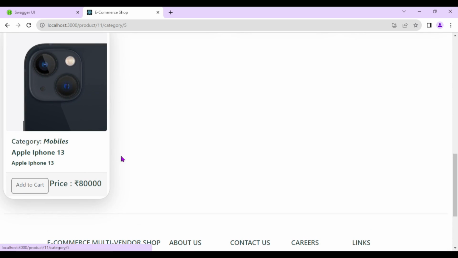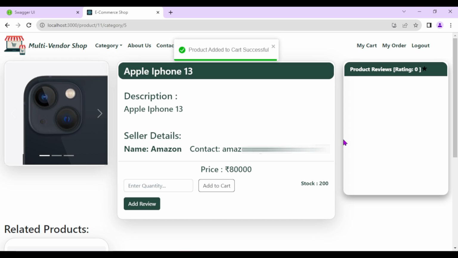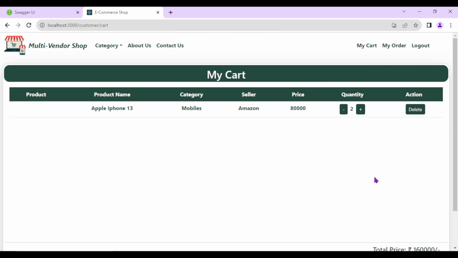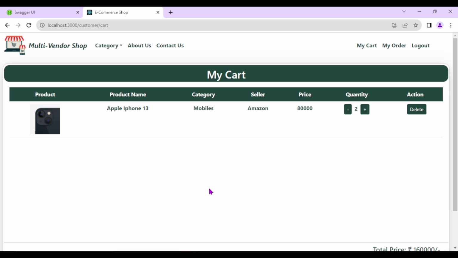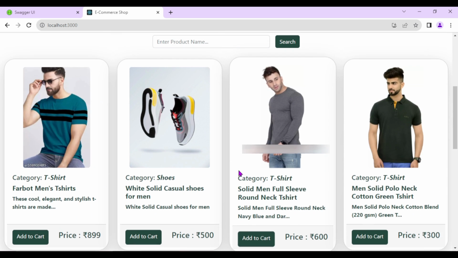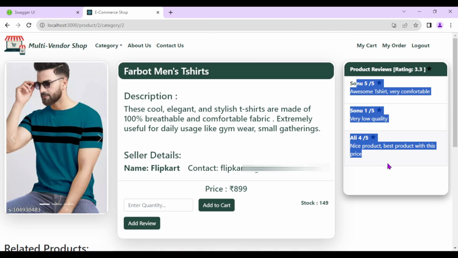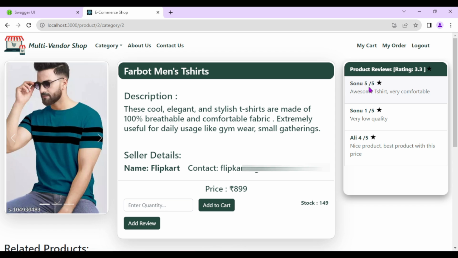Okay, again let's add the quantity. Product added to the cart successful. So now we can order the product. But before that, let's add some more products into the cart. So I will add this t-shirt. Here I can see the product rating and the comments. All the reviews I can see here. Let's add this t-shirt to the cart, add to cart,